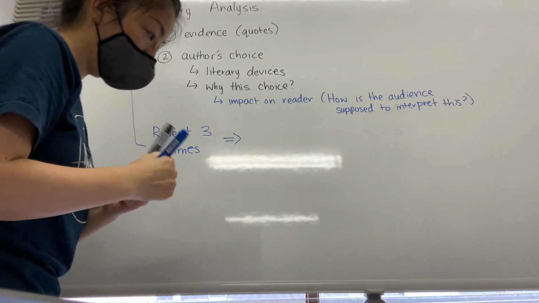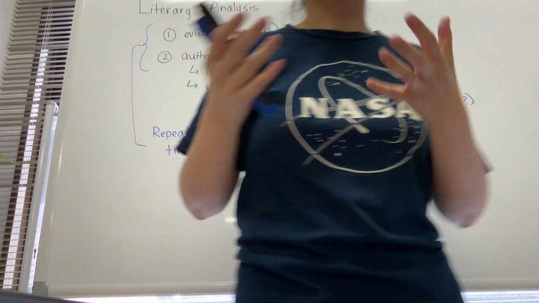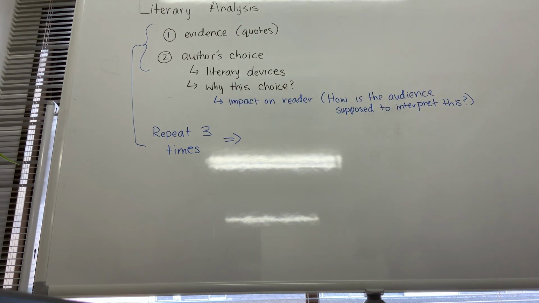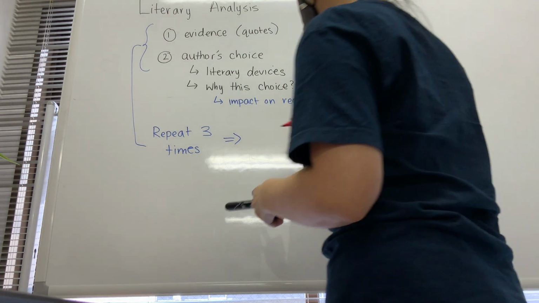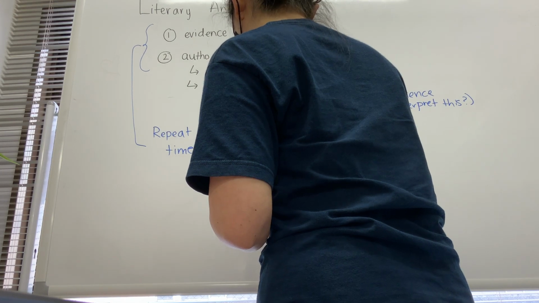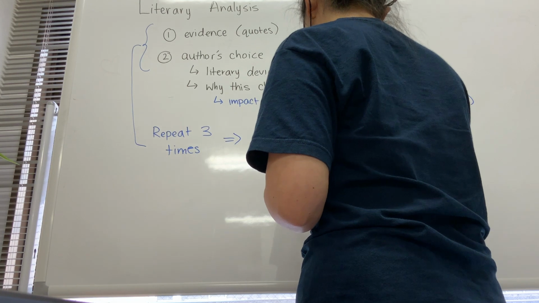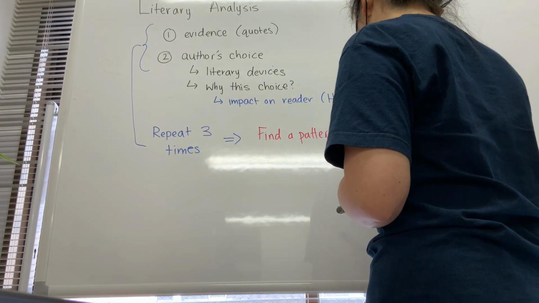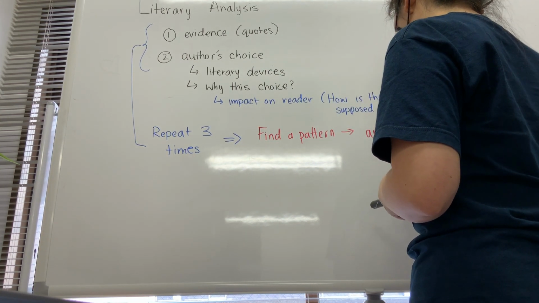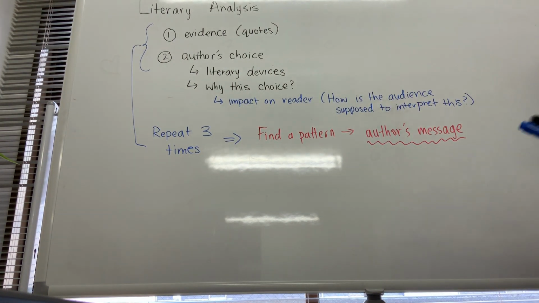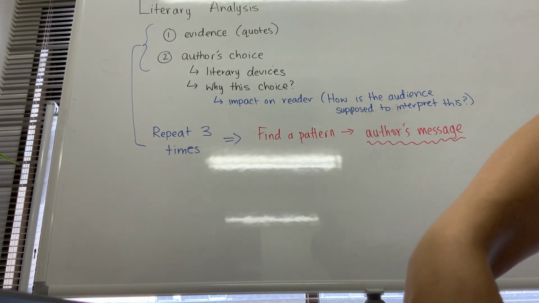You, as a reader, are supposed to build an idea of the message. What is the author's total message? Okay? And that involves finding a pattern that leads you to the author's message. Okay? And this is usually simpler than you think. So you got to identify what the author is trying to do.